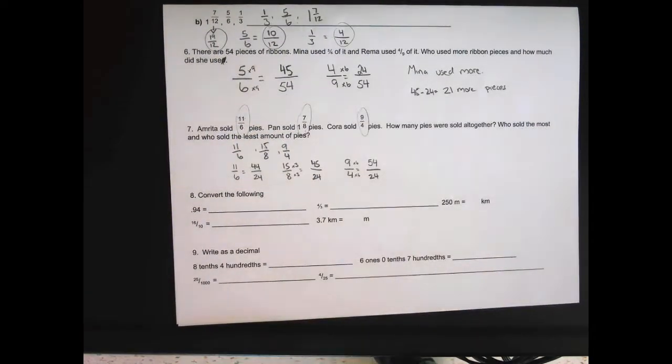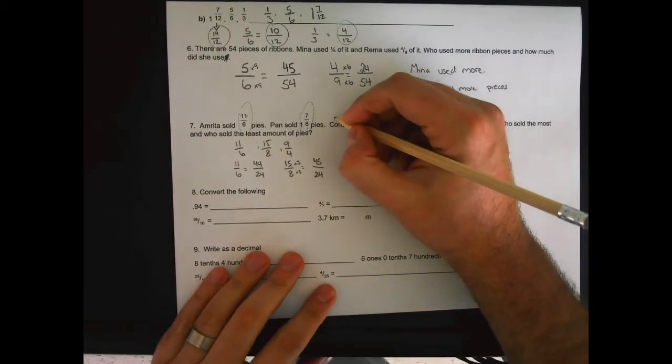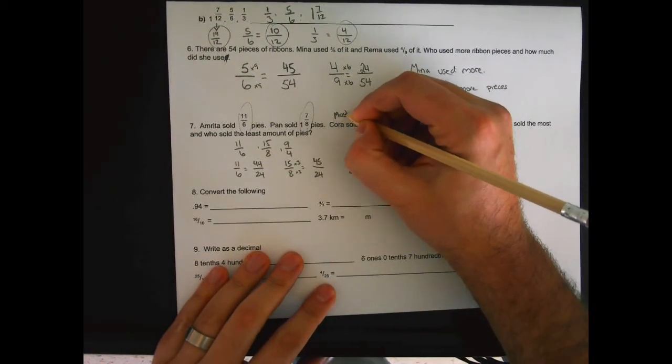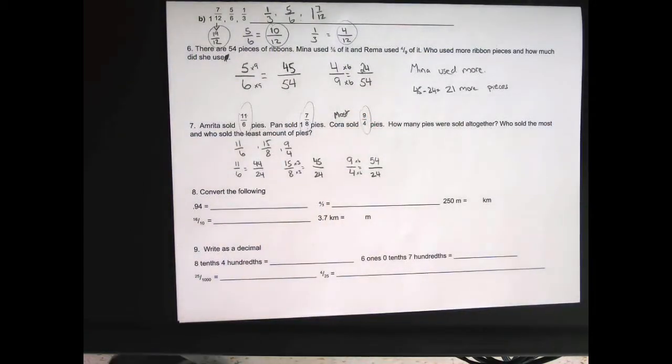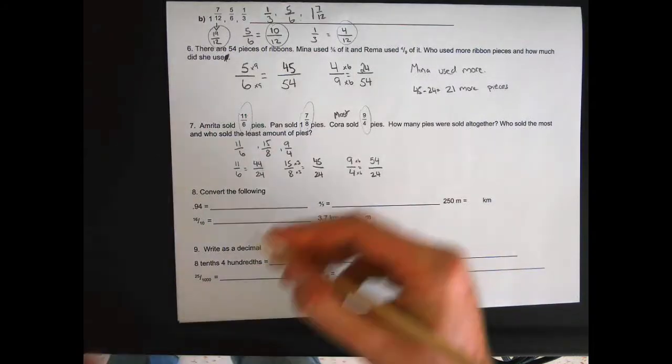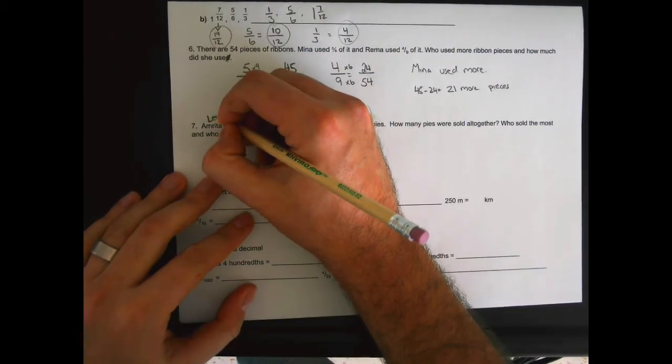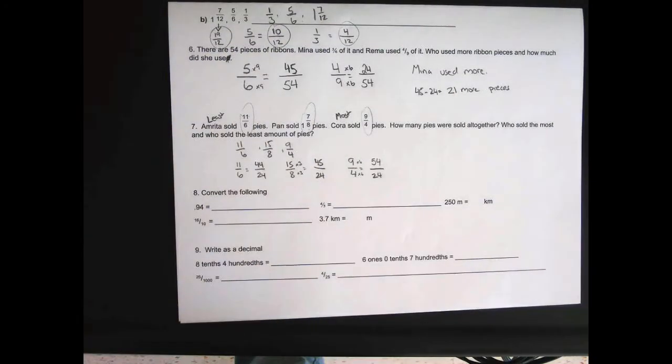So now automatically you're able to tell me who has sold the most pies. And that person would be Cora. So Cora has the most pies. Who has the least amount of pies sold? Amrita has the least. Now the next question is, or the first part, sorry,